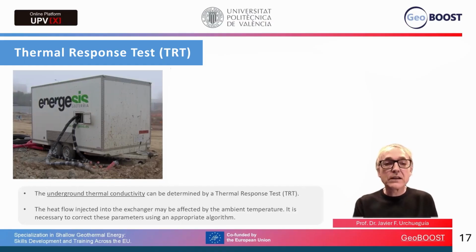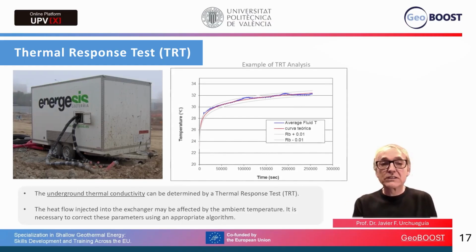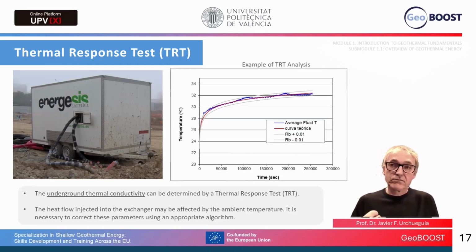And here you can see results of such a TRT analysis, which allows us to extract very useful parameters for the design of such systems. We will also cover TRT in our course in order to make you understand how and